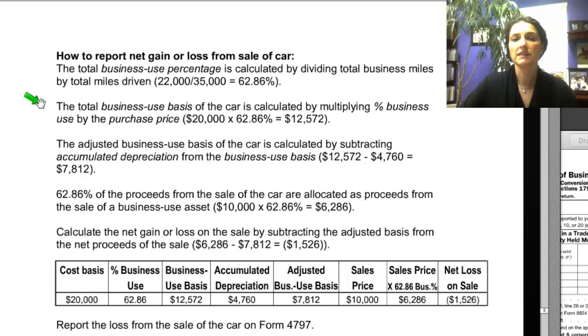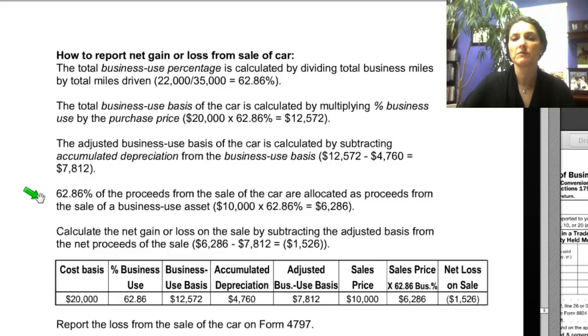The total business use basis of the car is calculated by multiplying the percentage business use by the purchase price. 20,000 times 62.86% gives us $12,572 to allocate towards the basis of the car for business purposes. The adjusted business use basis of the car is calculated by subtracting the accumulated depreciation from the business use basis. $12,572 minus $4,760 of depreciation claimed gives us an adjusted basis in the business use portion of that car of $7,812. Now,